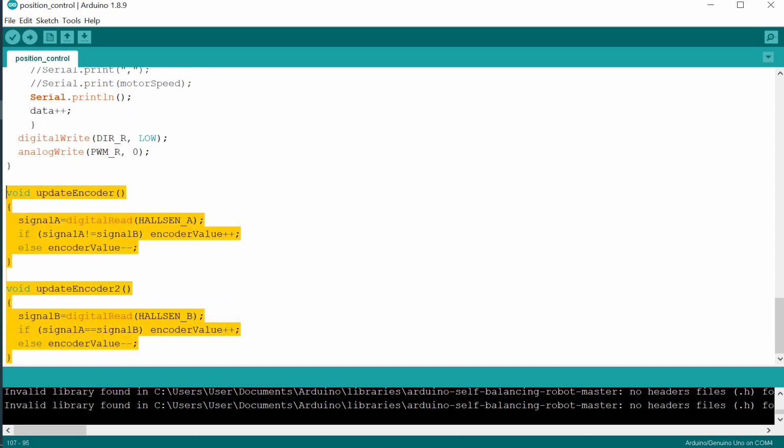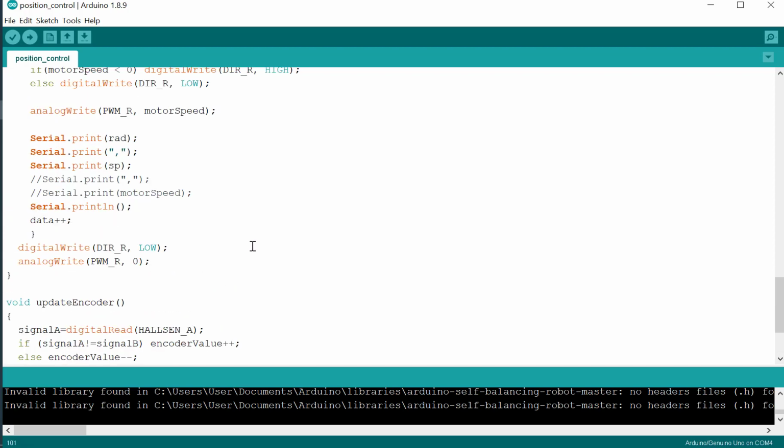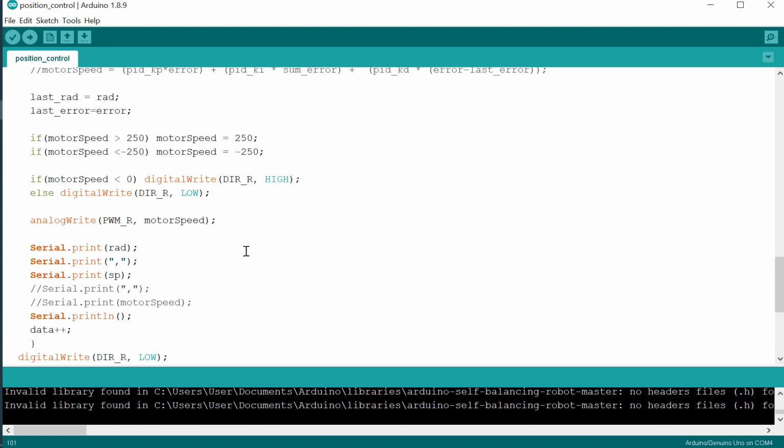This is the encoder function here. Please see the sign. It is different between one encoder and the other one. The simulation is not good enough because the encoder has a lot of error here.